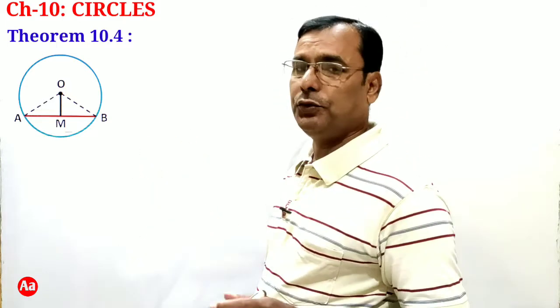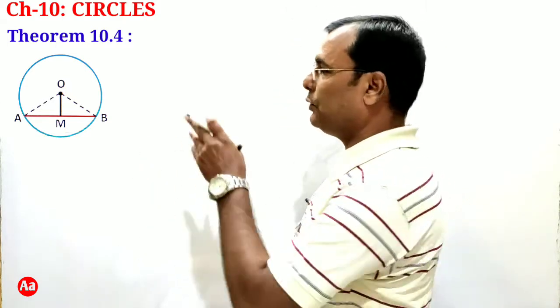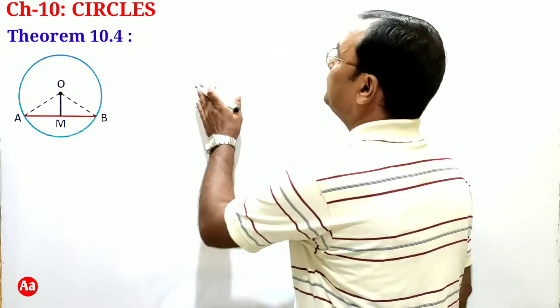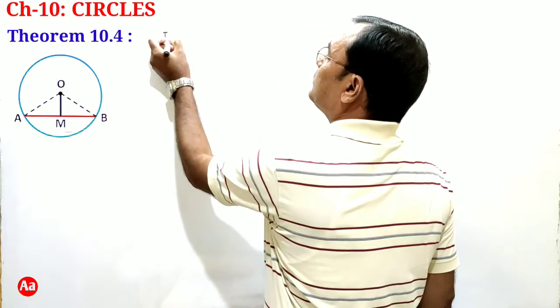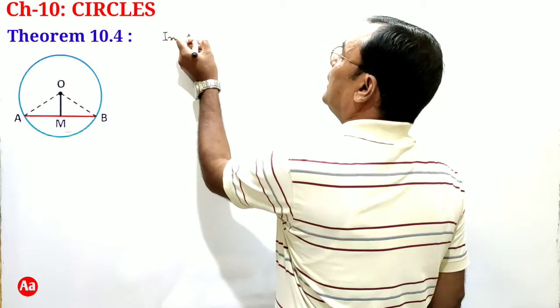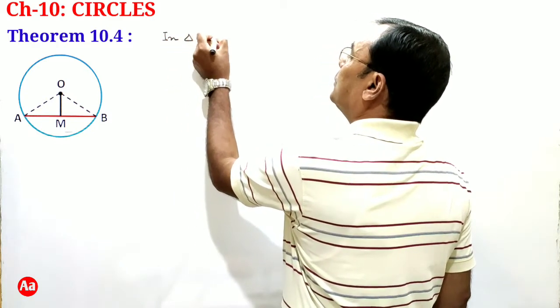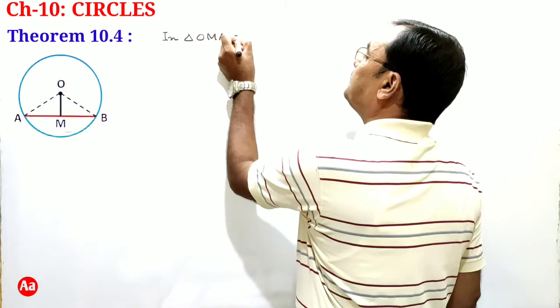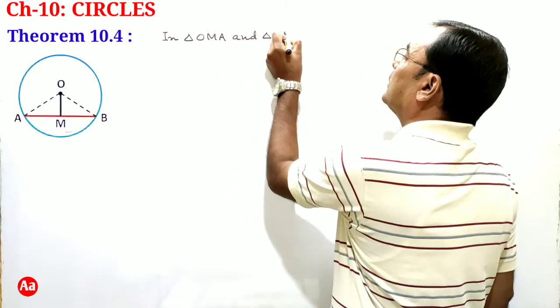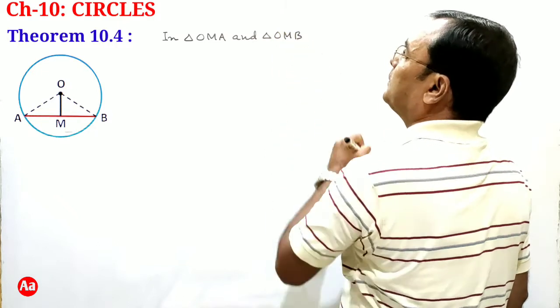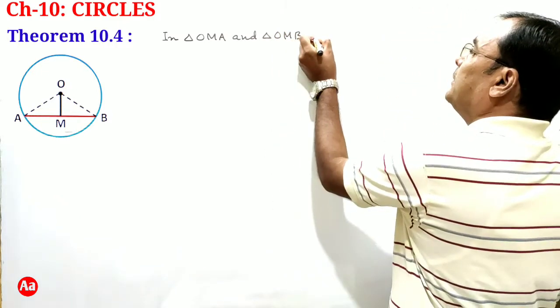So let us first prove triangle OMA and OMB congruent. In triangle OMA and triangle OMB, we have